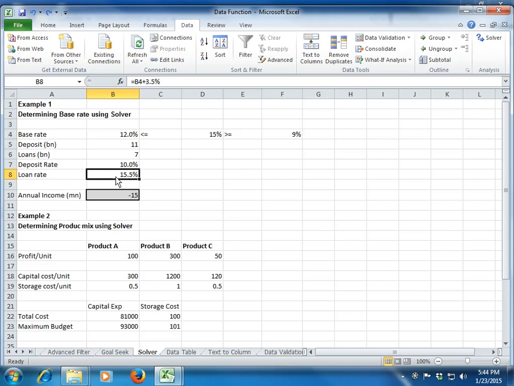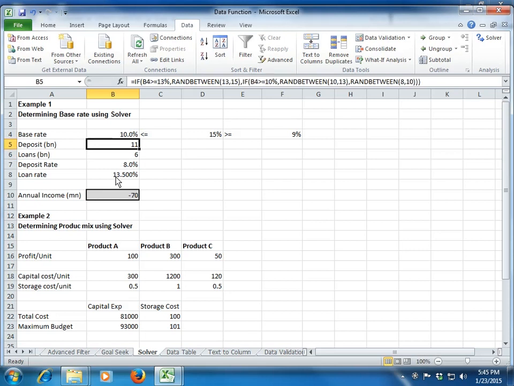That is, how much interest will the bank charge to the people who are taking loans from the bank. So you can see that both my deposit rate and my loan rate are a function of my base rate. If I increase my base rate, my deposit rate will also increase. The more the deposit rate, that is the more interest you give to your customer, the more will be the amount of deposit. So if I, let's say, increase it to 13, you see that my deposit amount also increases. Clear? Similarly, if I increase my deposit rate, the people who are taking loans from me will also increase.